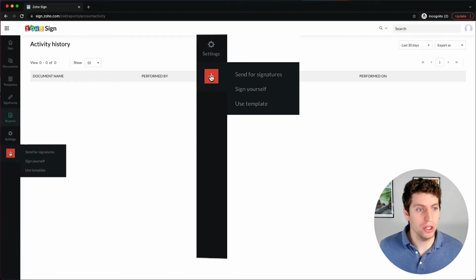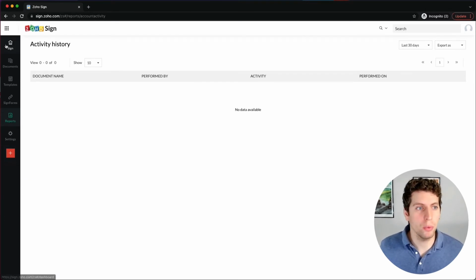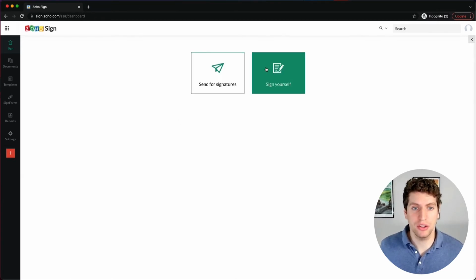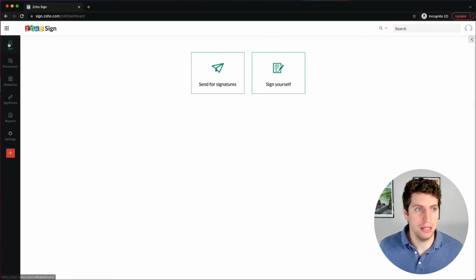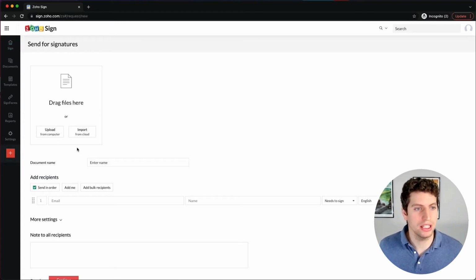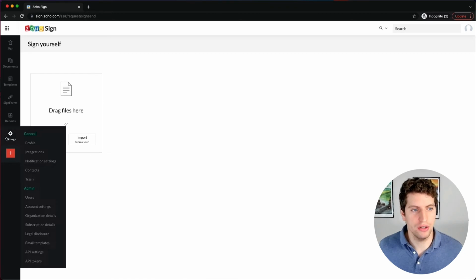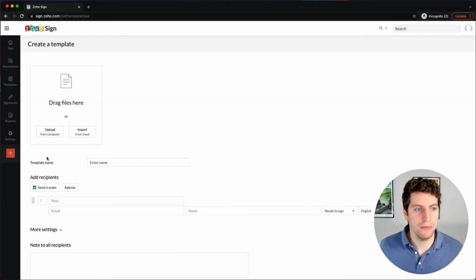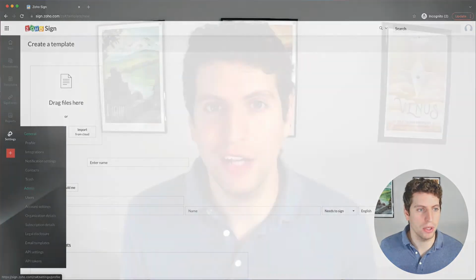Now, we also have the ability to create and send signatures here as well, or to even use a template. So there's a few different ways to go about creating a Zoho Sign document, whether it's send for signatures and sign yourself over here on this sign page, or you can go ahead and click this plus sign and say send for signatures, which then brings up this page, or sign yourself, which then brings up this page. We also have the create a template or use a template, so you can go ahead and create a template there as well. As always with Zoho, there are a million different ways to do something, and so Zoho Sign